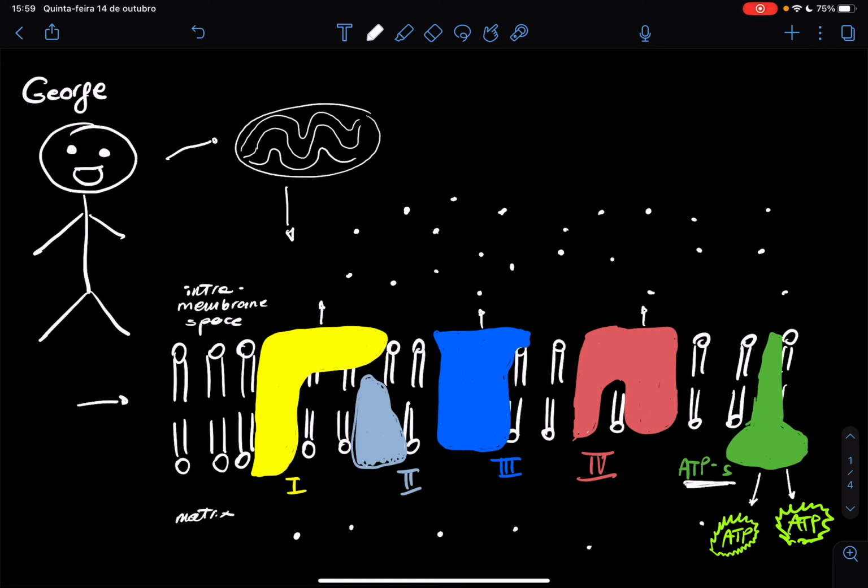Since they are working against concentration gradients, they utilize energy in the form of electrons that pass one through another. And this is called the electron transport chain. We are watching here